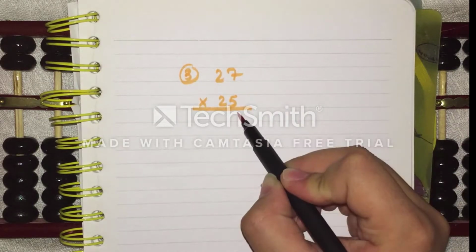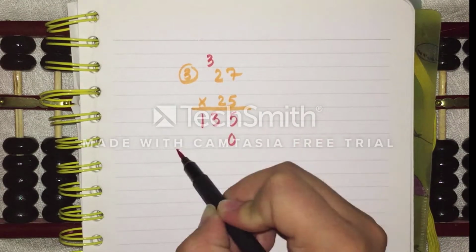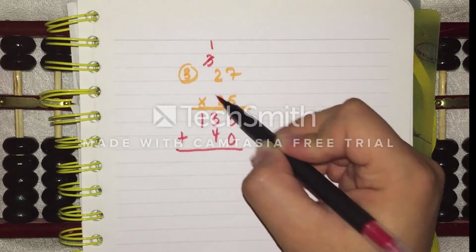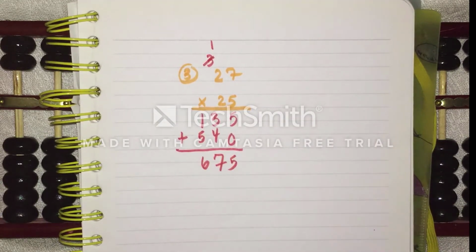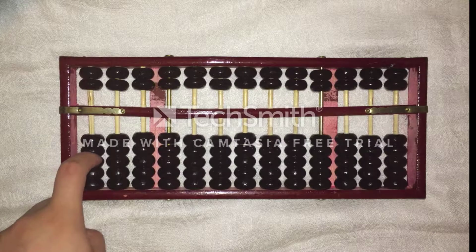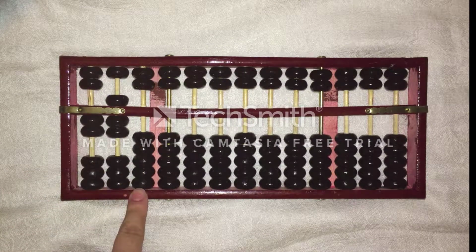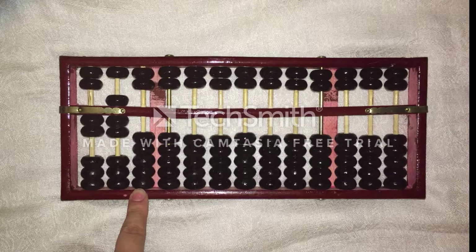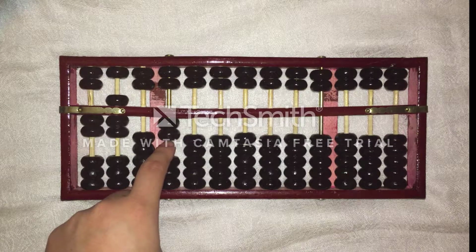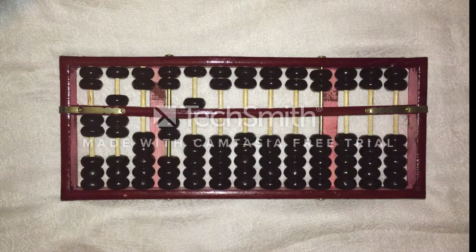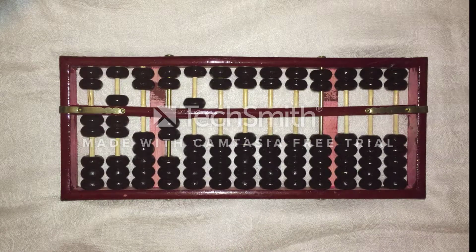Notice that when multiplying, we normally work our way from right to left. You will see that during the multiplication process of using an abacus, we will work from left to right. Let us set up the multiplication of our two numbers, by which we set up 27, skip a rod to resemble our multiplier, then set up 25, skipping two rods to resemble our equal sign, and then perform the multiplication